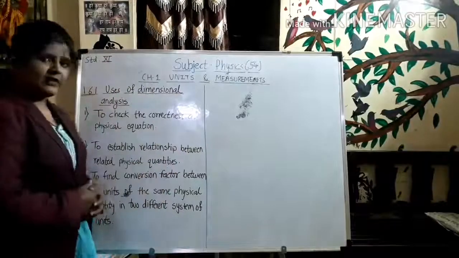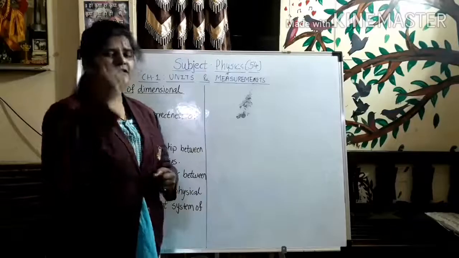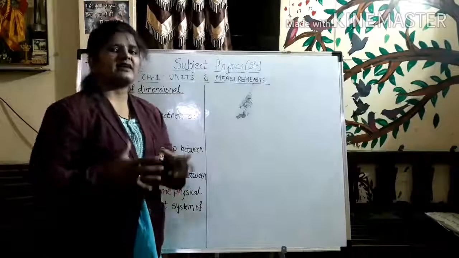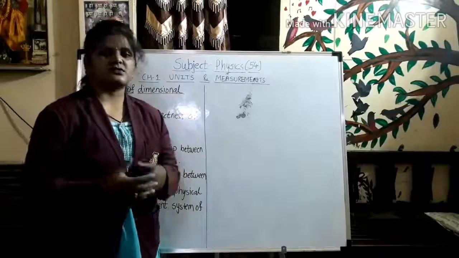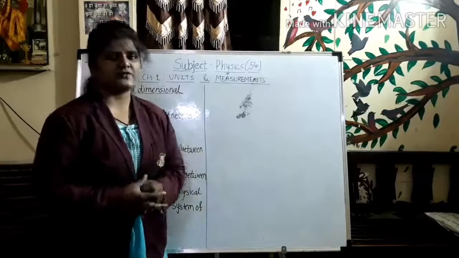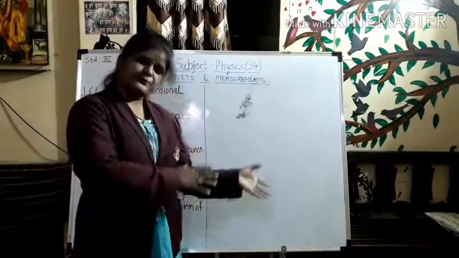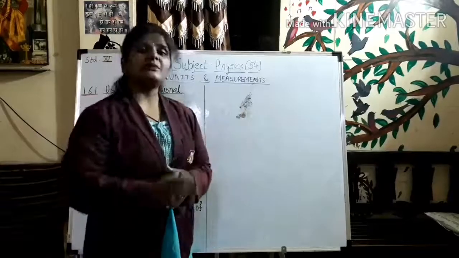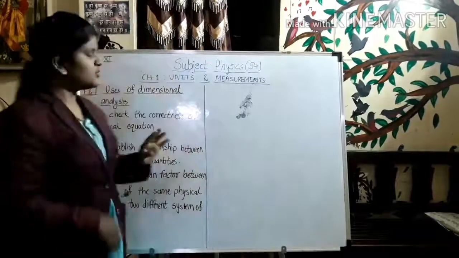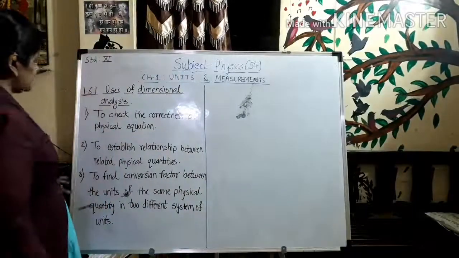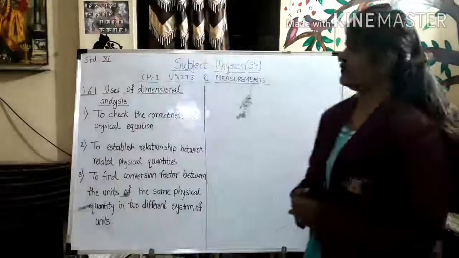I have written 3 of them on the board. You can have a look. I will explain one by one by checking one or more examples, so that you will come to know the exact idea about the uses of dimensional analysis. And after doing uses, we will come to know that there are some limitations while using dimensional analysis. So that also we are going to study in this part. So uses of dimensional analysis as well as limitations of dimensional analysis, that we are going to study in today's part. Just have a look at the board. There are 3 uses. I will explain one by one, but just have a look once. What are they?